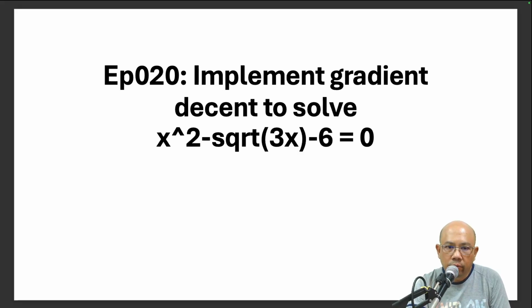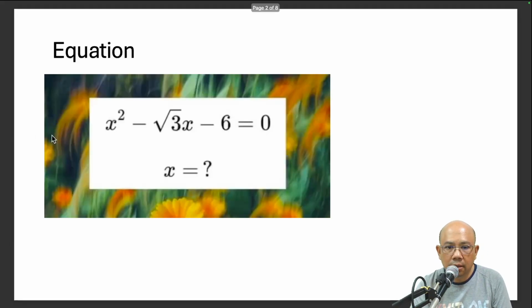Now we move to the Ep020. For this episode, I show you implementation of gradient descent to solve the function x power square root 3x minus 6 equals 0. From this equation, I show you to solve which